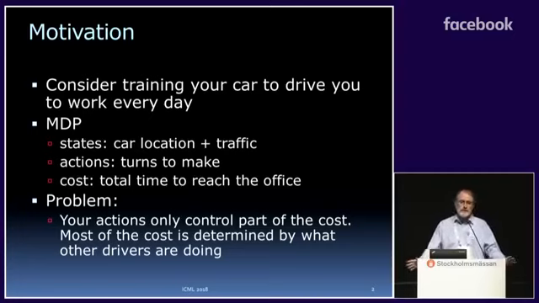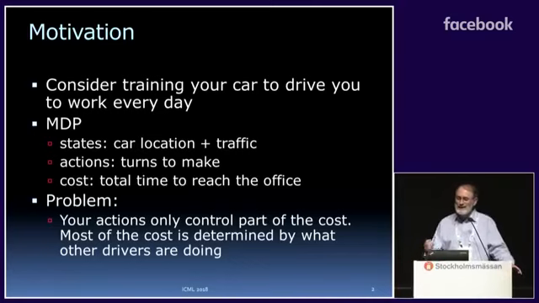So let's consider, suppose I have the self-driving car of the future, and I want to train it to drive me to work every day by minimizing the total cost. So I'll formulate that as an MDP because, hey, this is an RL session. And the states will be the location of the car and some measure of the amount of traffic in the road network. So my actions will be what turns to take, and the cost function that's natural will be the total time